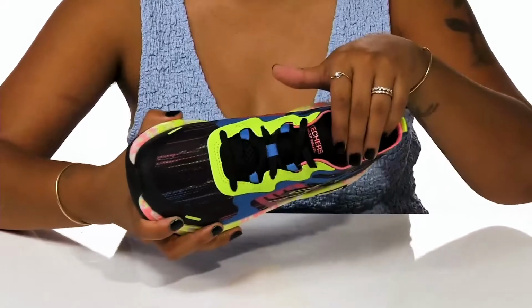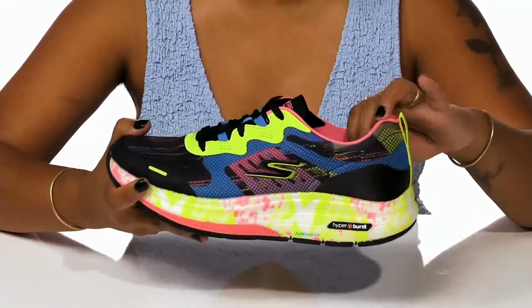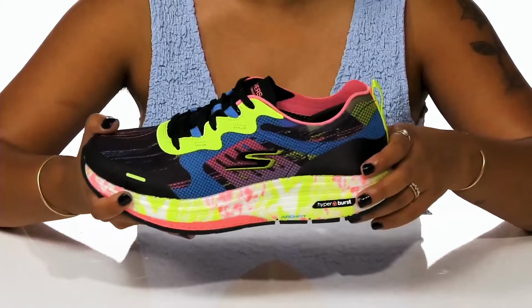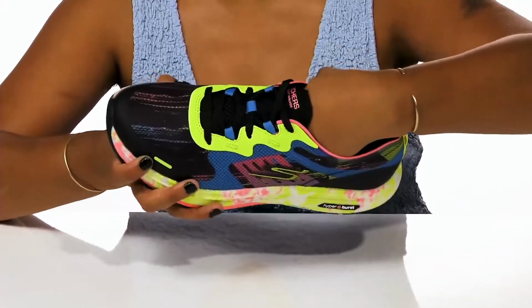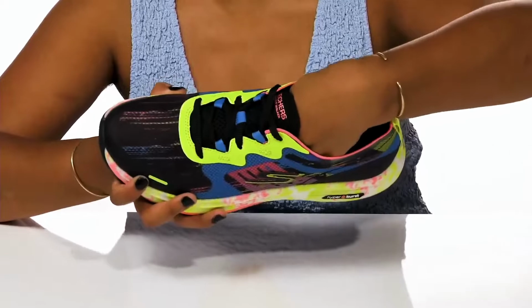You'll find that a classic lace-up closure allows you to customize the fit of this shoe, while some extra padding along the collar gives you a nice comfy feel. There is a pull tab at the back of the foot for easy on or off access, and you'll enjoy the fact that inside rests a breathable lining as well as a very well padded and contoured footbed that has podiatrist-certified arch